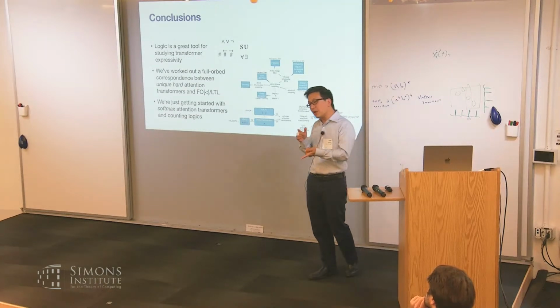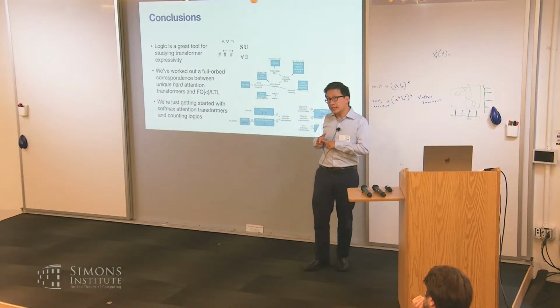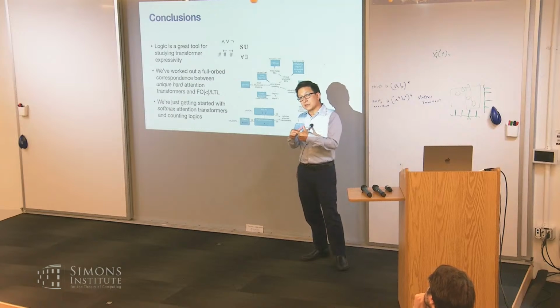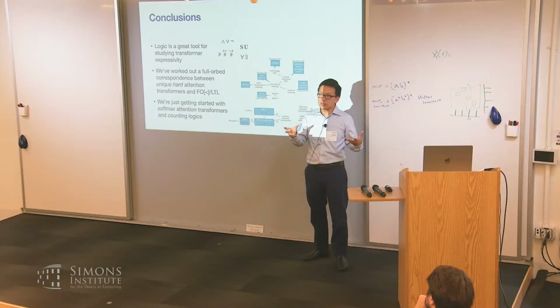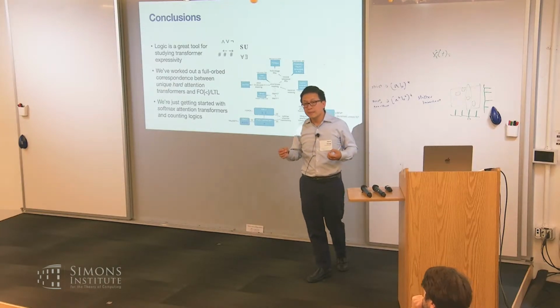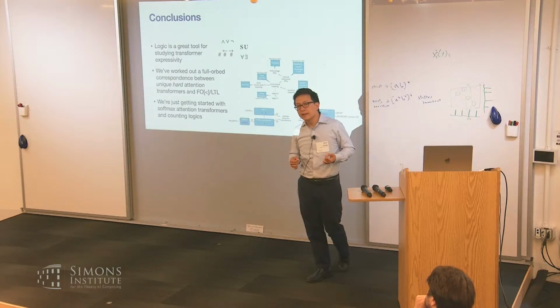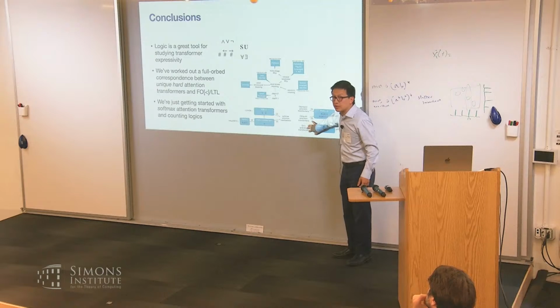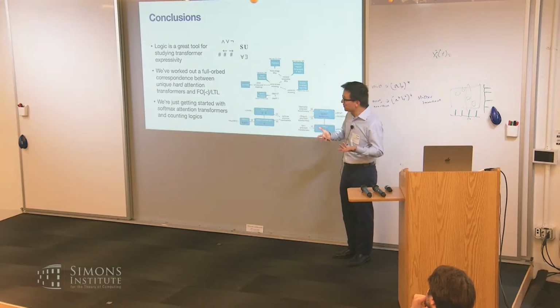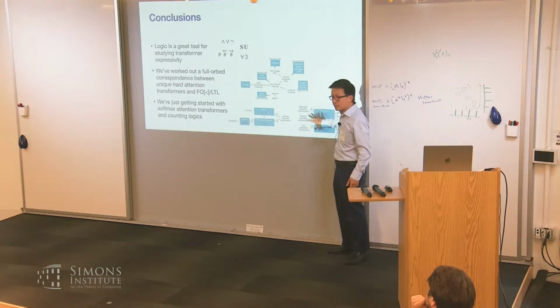But the direction from the logic to the transformer tends to be fine. Although some of the logical transformations, like going from since and until to just since, may involve an exponential blow-up also. But if you have a formula that already uses just since, it's already in this normal form, then it should be linear. The transformer should be the same size. It would be very useful to have something with a bidirectional tight connection, if you really want to use it as a tool for understanding. In this setting, we're not going to be able to do the trick of enumerating all the numeric values. So I could just blue sky and say, hopefully the scaling will be better than up here, because we don't have that trick available to us.